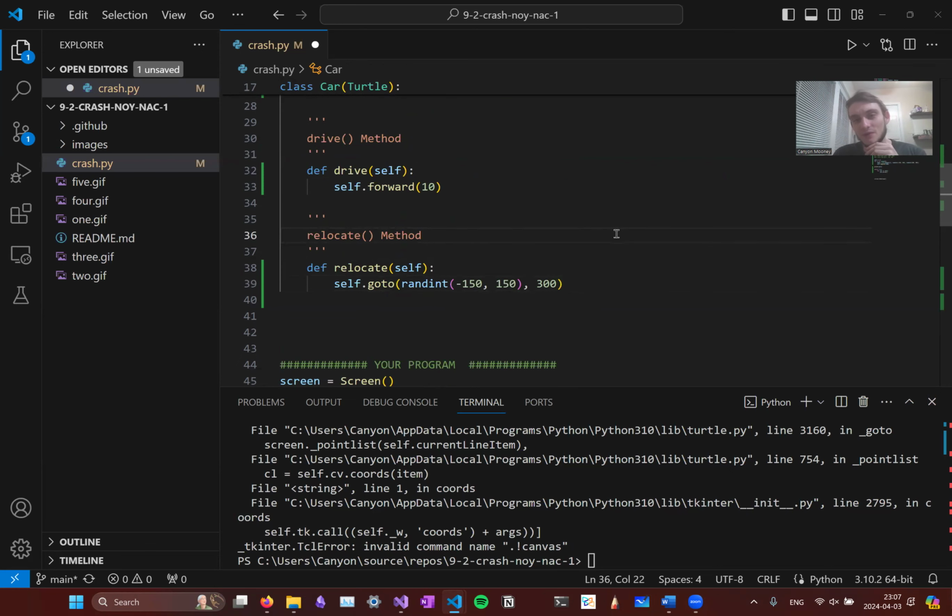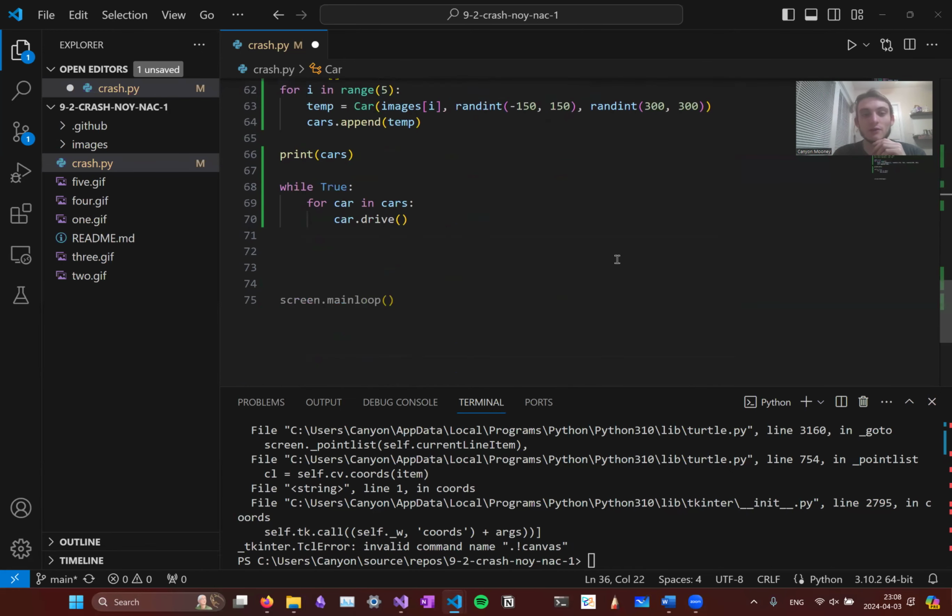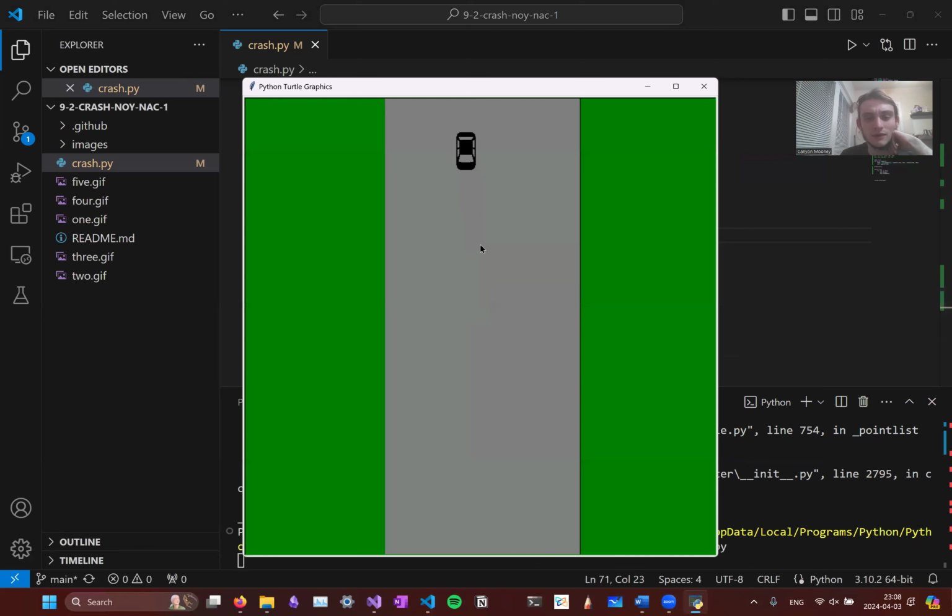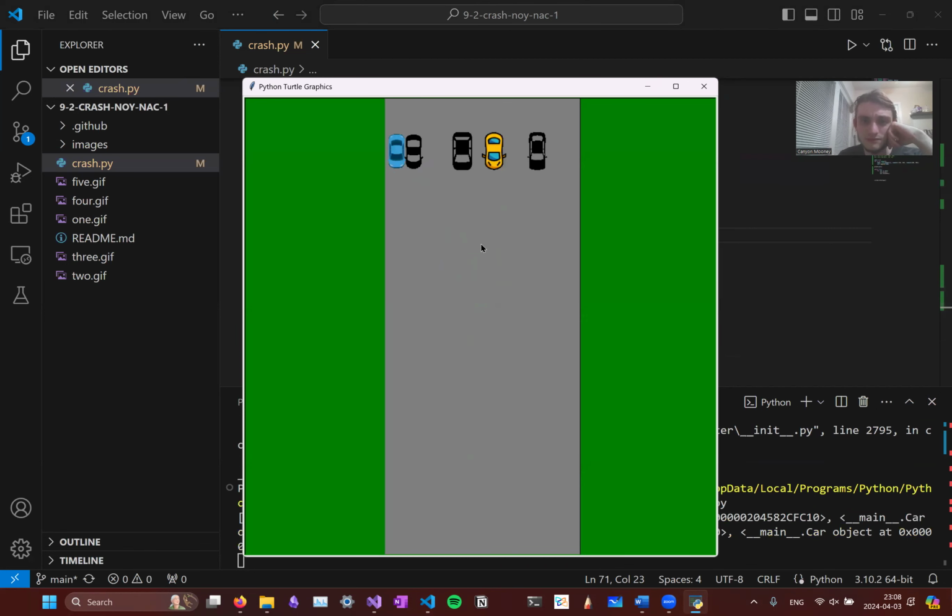And what do you think is going to happen when we run this code now? Well, we're making our cars. And it sort of looks like we're shuffling them. And if you look closely, you can see that they're moving forward once, and then they're immediately going back to a relocated position. And so what's happening is we're calling drive, then we're immediately calling relocate,